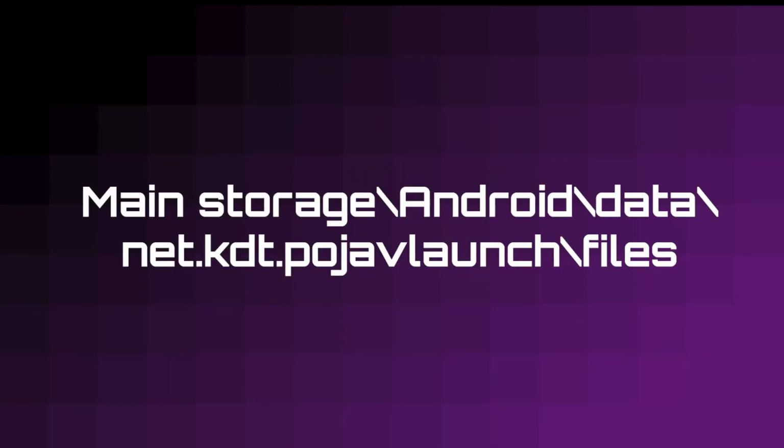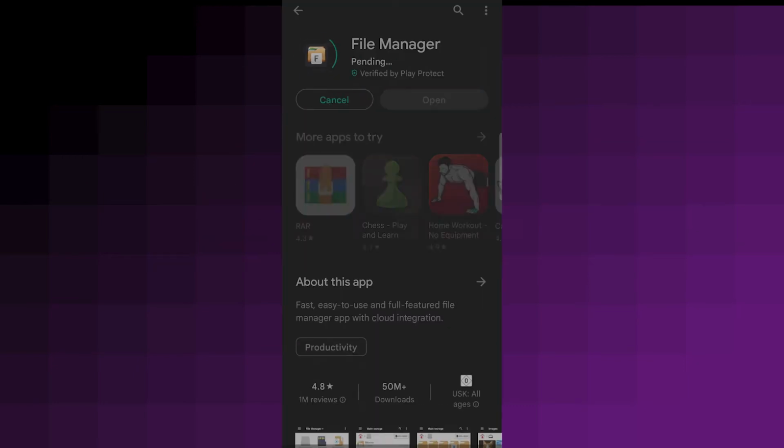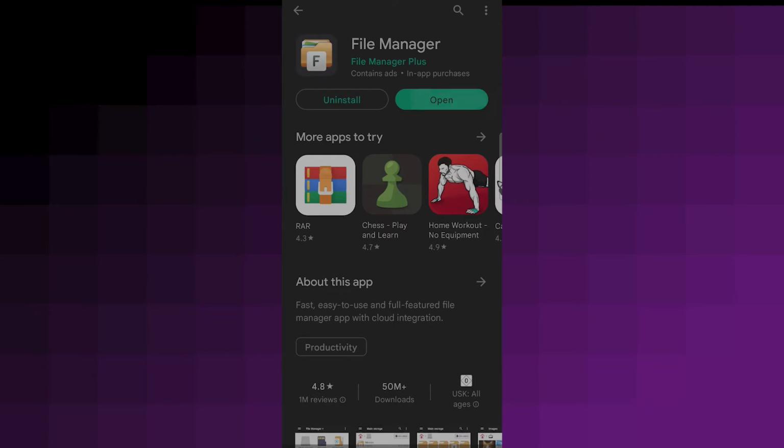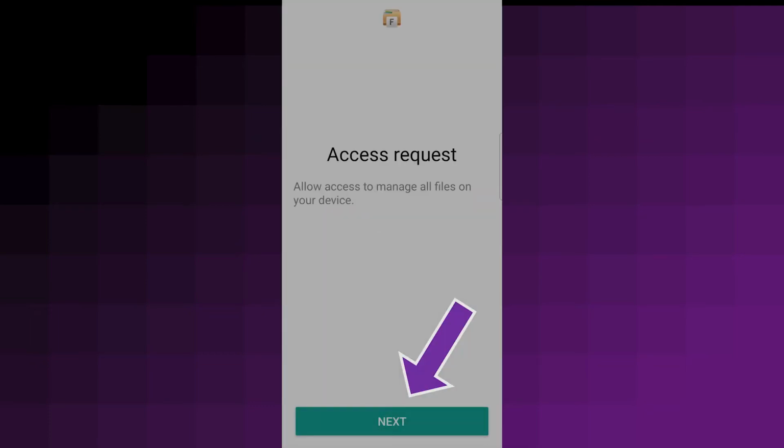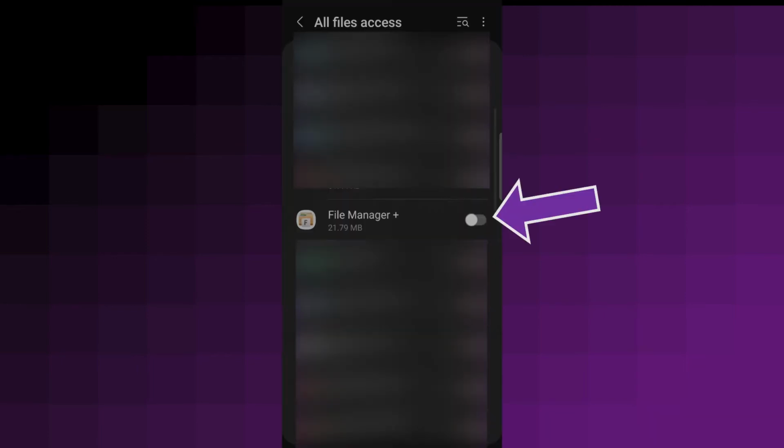Now check if you can open the files for the Podshaf Launcher at this location. I couldn't find them, so I installed this file manager. Open the file manager, click 2 times on Next, and activate the All Files access for the file manager.